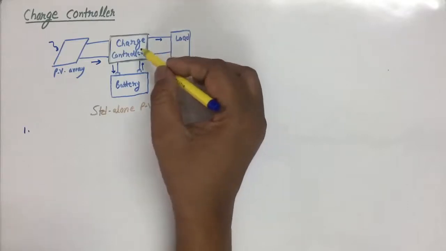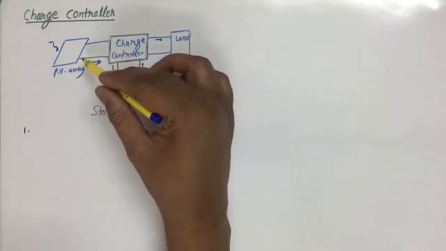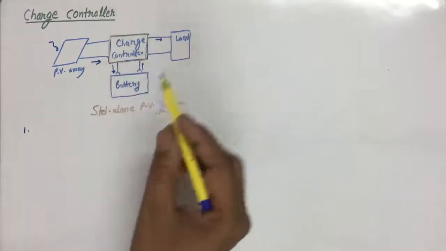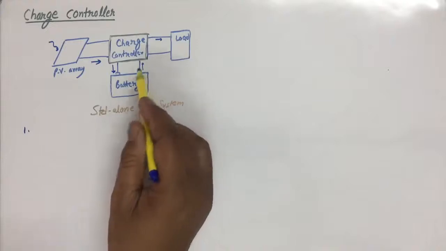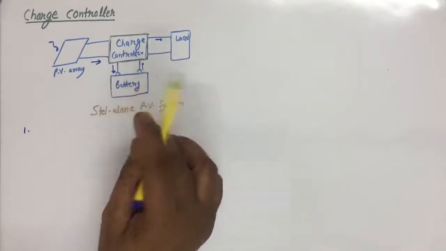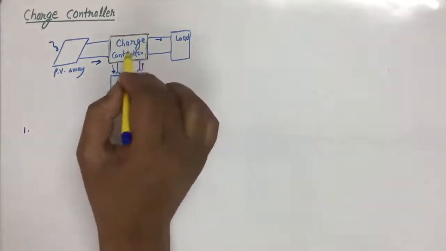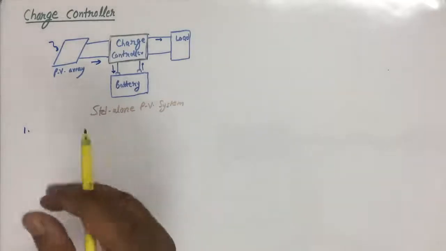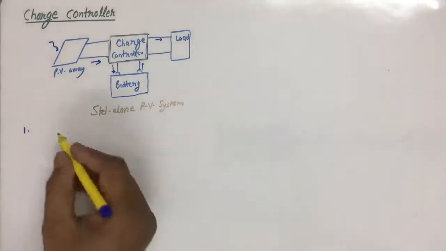So in both cases, it disconnects the battery from the load and from the power source. For optimal performance, the battery voltage of the system should be within the specified limits, and the charge controller helps in maintaining that allowed voltage range to ensure healthy operation of the system. So the charge controller performs two tasks here.